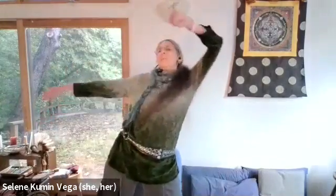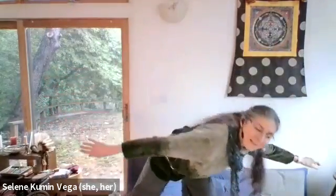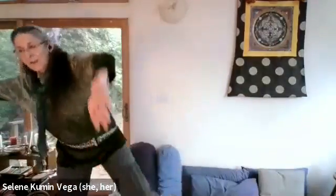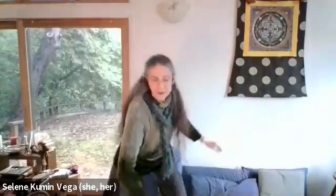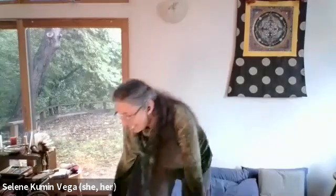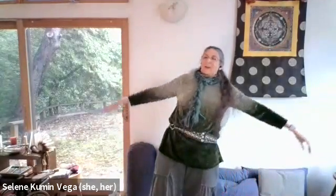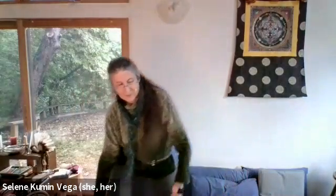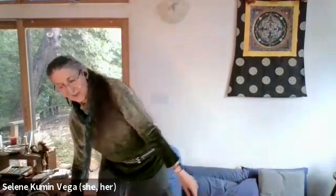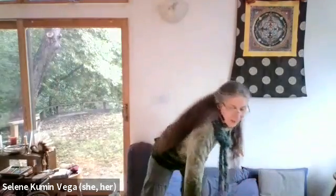Letting your arms be part of your balancing process. How can your arms help even more to give you whatever help you need in finding your balance in each moment here, each shift? Where is your center as you move, as you play with that solid ground underneath you and the movable nature of your body,